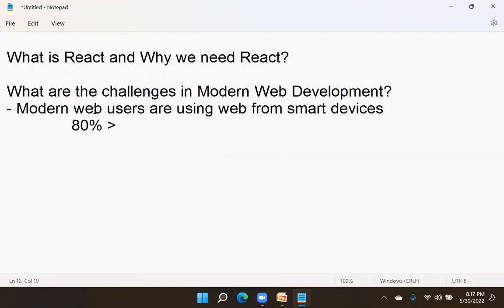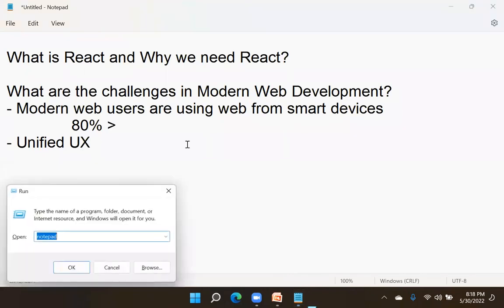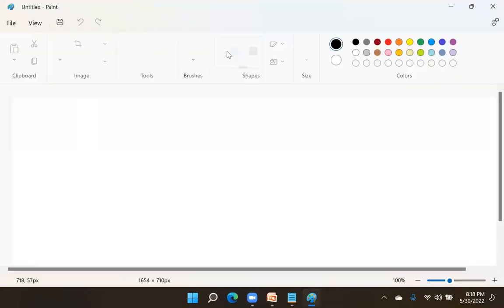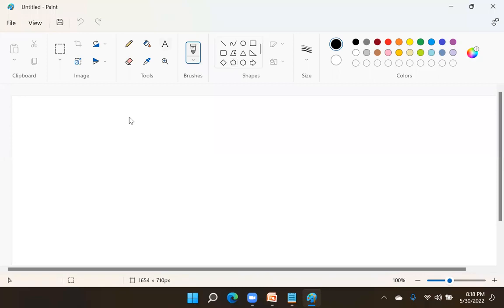Now, if users are using smart devices, the first challenge is that we need unified user experience. UX means user experience. Unified user experience is one of the challenges for web developers. I will tell you a small point here. Unified user experience means, for example, we have some